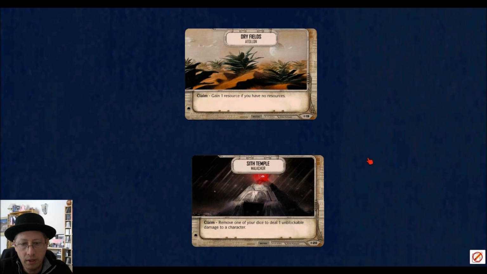Sith Temple, I don't know. Remove a die to deal 1 unblockable damage to a character is not as scary to me, because I feel like the better player is setting up these moments where they can leave 1 more damage on their guys, so they get 1 more rollout with them. And I feel like this card kind of wrecks the more skilled player in that way, that the newer player maybe gets lucky on that turn and is able to resolve faster, and they take this battlefield and they kill your guy. And so I just feel like Sith Temple has a bigger downside to it,